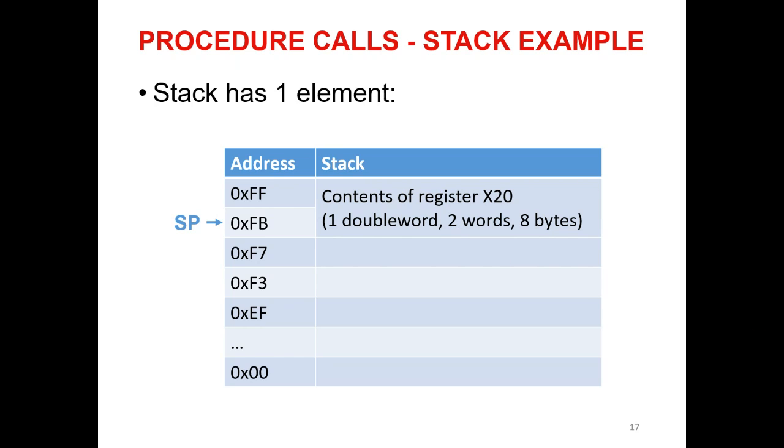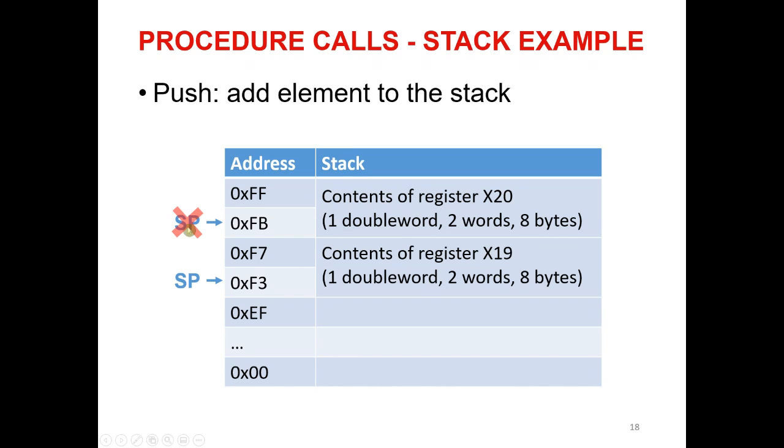Okay, so imagine now that I want to add an element. I'm using my procedure and I need extra space, and I have this initial stack memory. I want to add an extra element. So what I do is I update the stack pointer because I'm going to add a new element. As I have mentioned, the addresses grow from high to low, so I update the pointer.